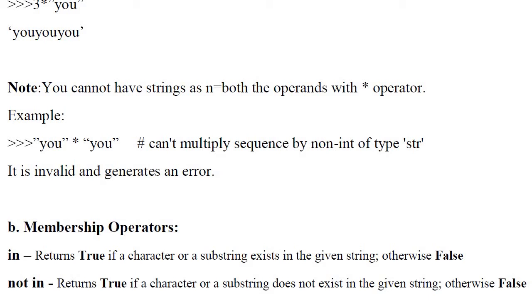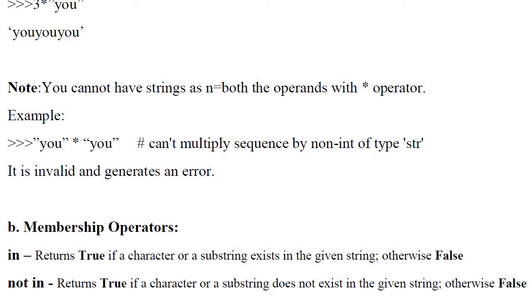As you all know, we have started the string chapter. In yesterday's class we studied about strings, how to traverse a string, and about their operators. Basic operators we already did. In basic operators you have two types: one is concatenation, and one is for repetition. Now today we will see membership operators.